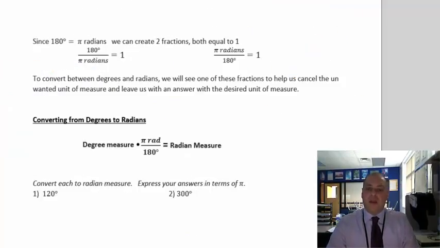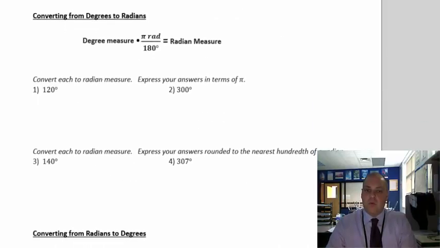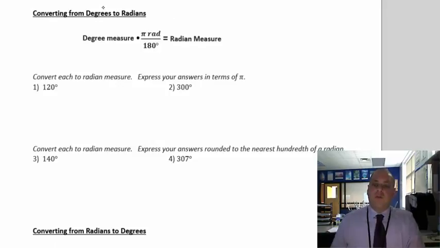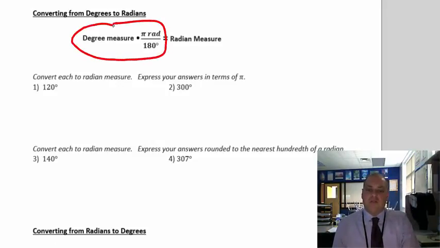So how do you convert between radians and degrees? Well, if 180 degrees is pi radians, we're going to convert from degrees to radians using this formula right here. If you have a degree measure, you multiply by pi over 180, and that's going to give you the radian measure. So let's do that here. Convert each to radian measure. So I'll have 120 here,